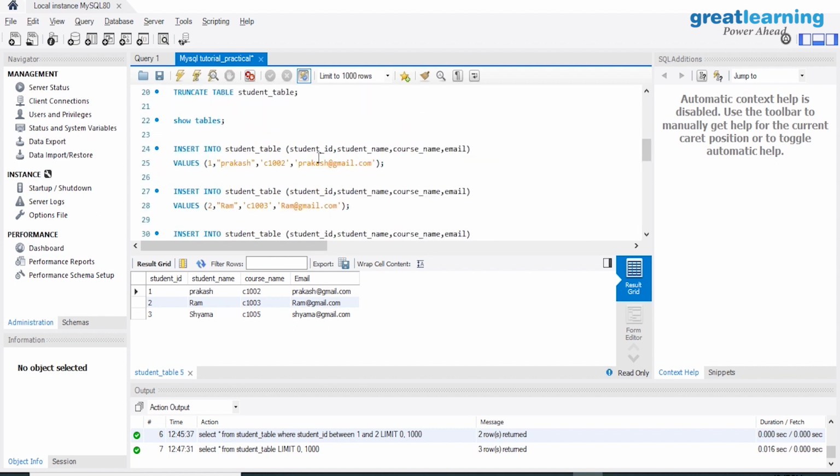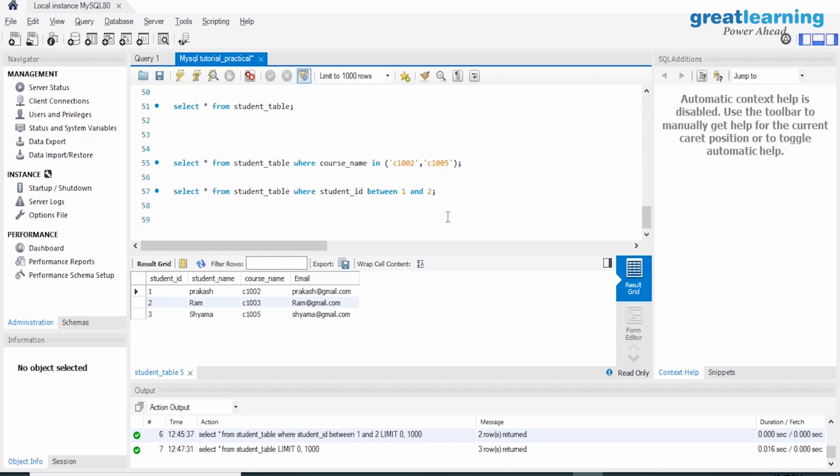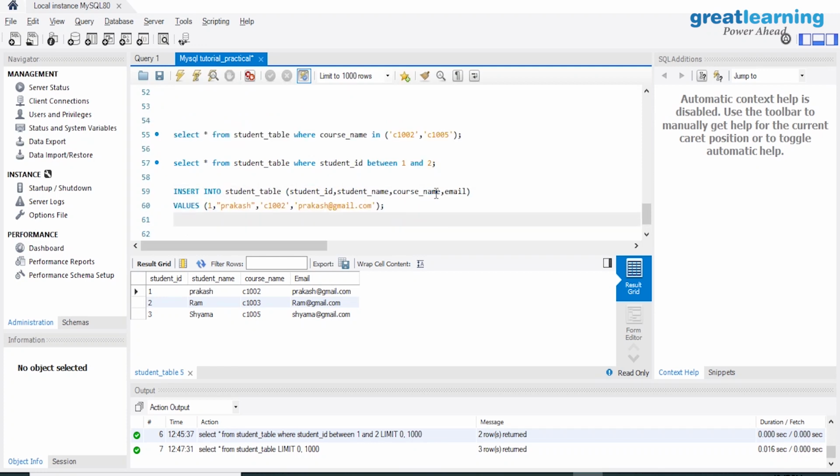So let me just add more data to our table. I'm going to copy one of the rows and keep changing the values. Here the ID will become 4 and the name Sanjana, and then the course will be maybe 4.